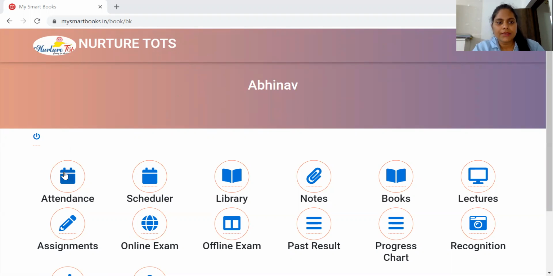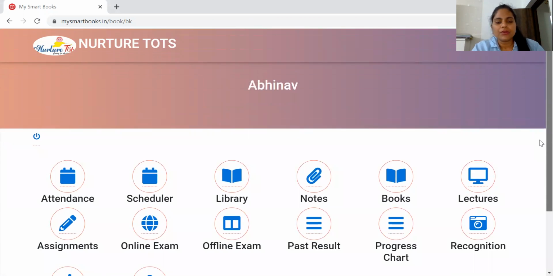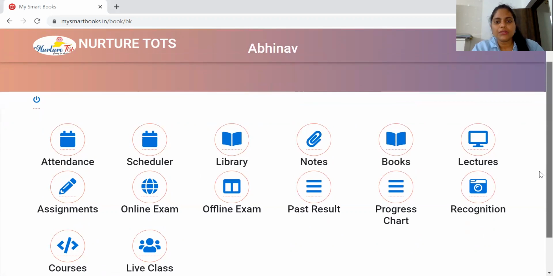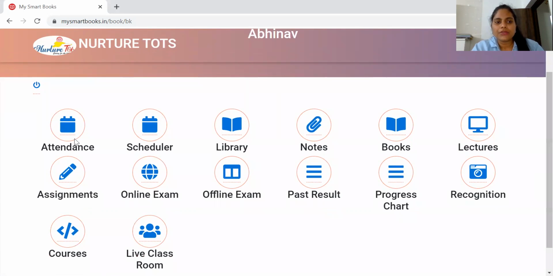Next, you can see these are the features down in the menu that the parents will see as soon as they log in with the child ID and password into the URL that we are going to give them on taking admissions. This is the menu. As we can see, there is attendance. Whatever attendance is recorded by the teacher, the parents will be able to see here. Then scheduler, library, notes, books,